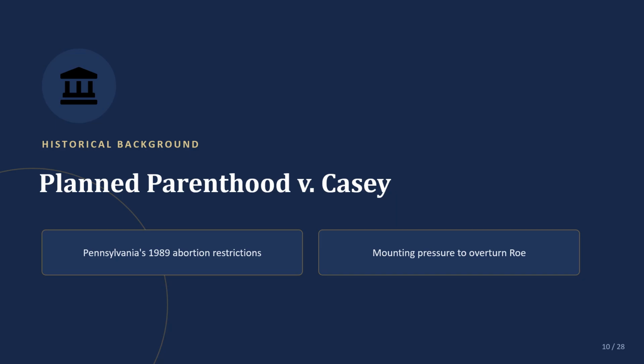So between 1973 and 1992, the composition of the Supreme Court changed substantially, and so did the broader political and legal environment around Roe. Several justices appointed during this period had expressed skepticism about Roe's reasoning. And a number of states, including Pennsylvania, had passed increasingly specific abortion regulations that were designed, at least in part, to test how much of Roe's protection actually remained durable and to give the court a way to reconsider the decision entirely if it chose to.